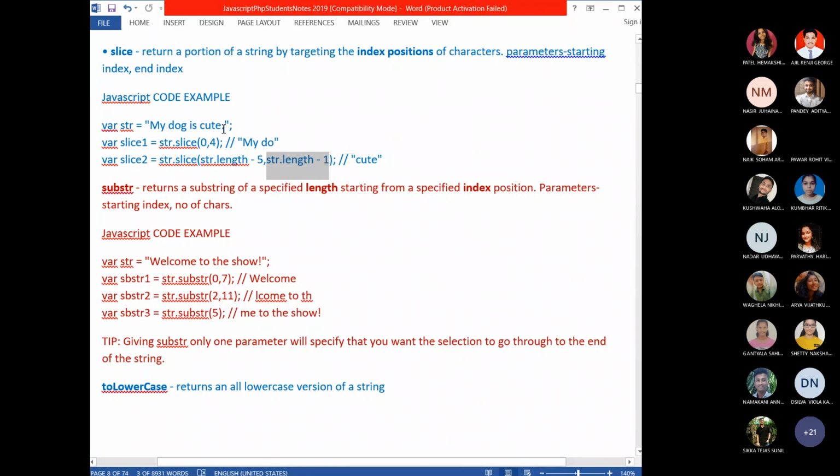So 14 denotes the last character. So "cute" will be written. The dot is 15, E is 14.